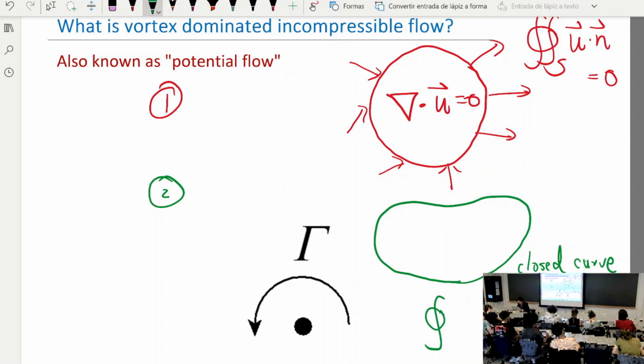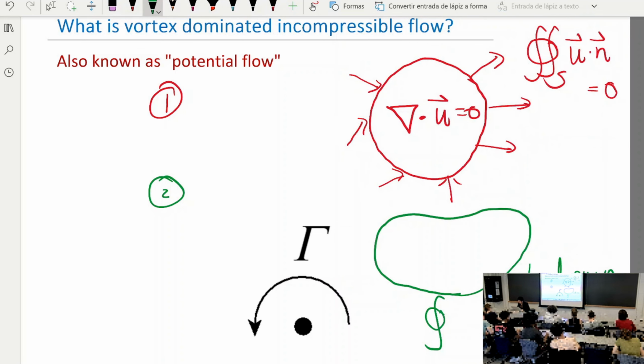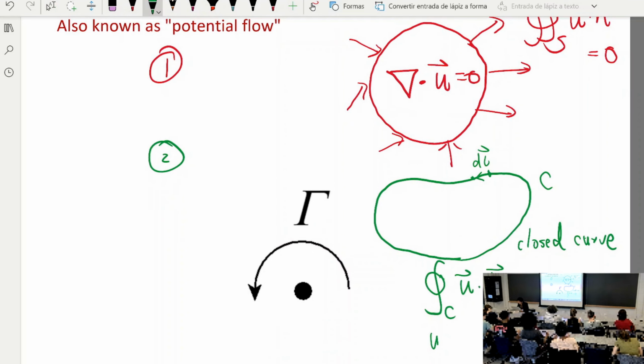So let's denote this closed curve as C. Integral around this C of velocity dot dl, where dl is the vector that points from one segment to another. That also has to be equal to 0, unless